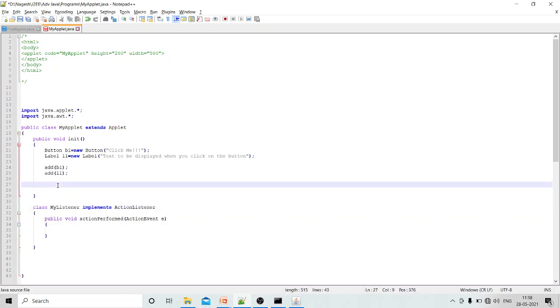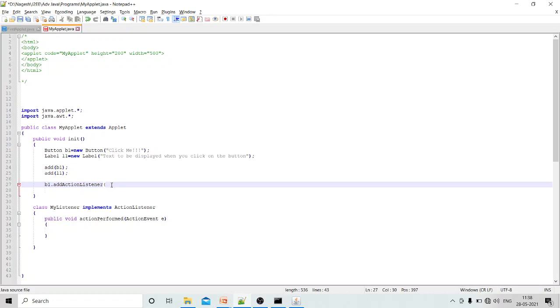To register, we use B1, that is the button name, dot add. Which event do you want to register? Action event, right? So it is addActionListener. I want to register an action listener.